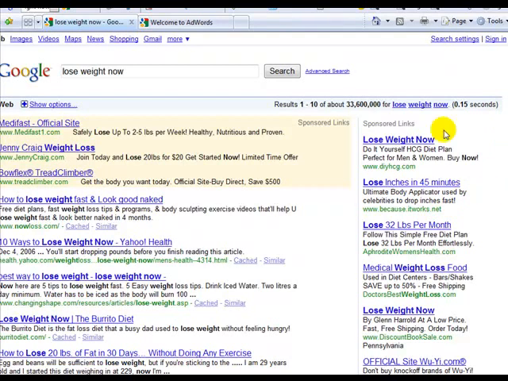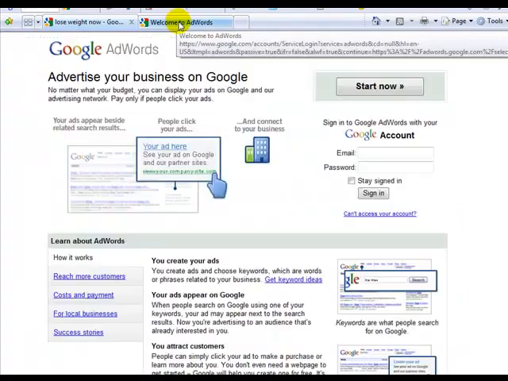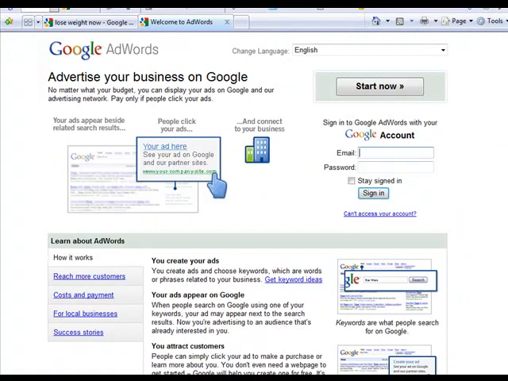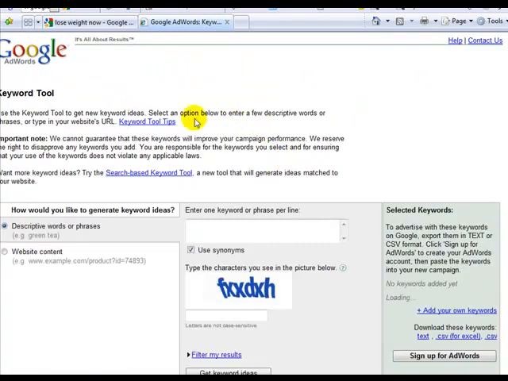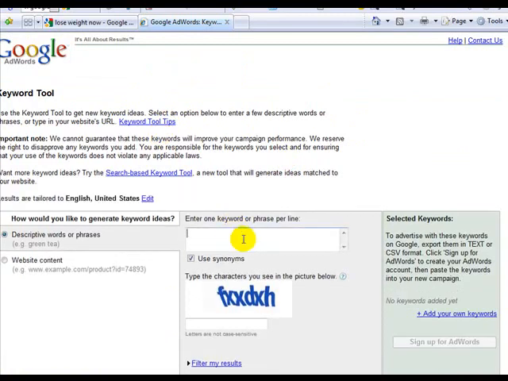If I was going to run a campaign on pay-per-click, I would go to the Google free keyword tool. I'm just going to type in "free keyword tool Google" in the search engines. Once you're inside AdWords, they have a tool as well. I think it's the same thing.